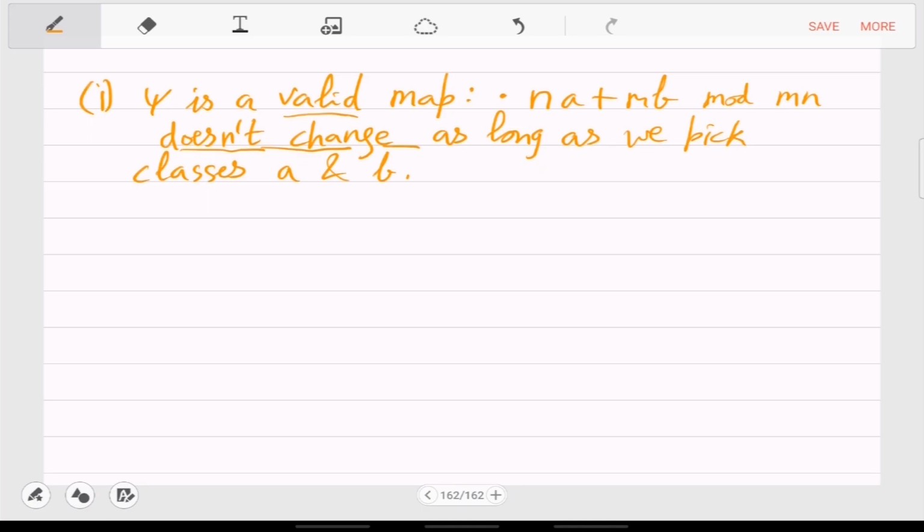That is because we have multiplied A with N, and A itself is mod M. And the second important thing is that NA plus MB mod mn is in this set, because